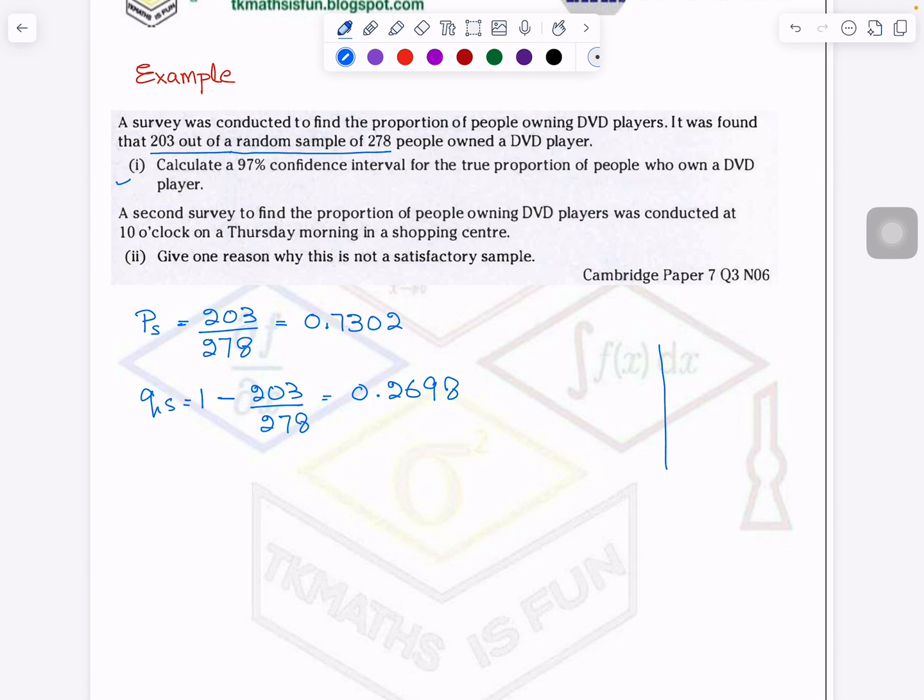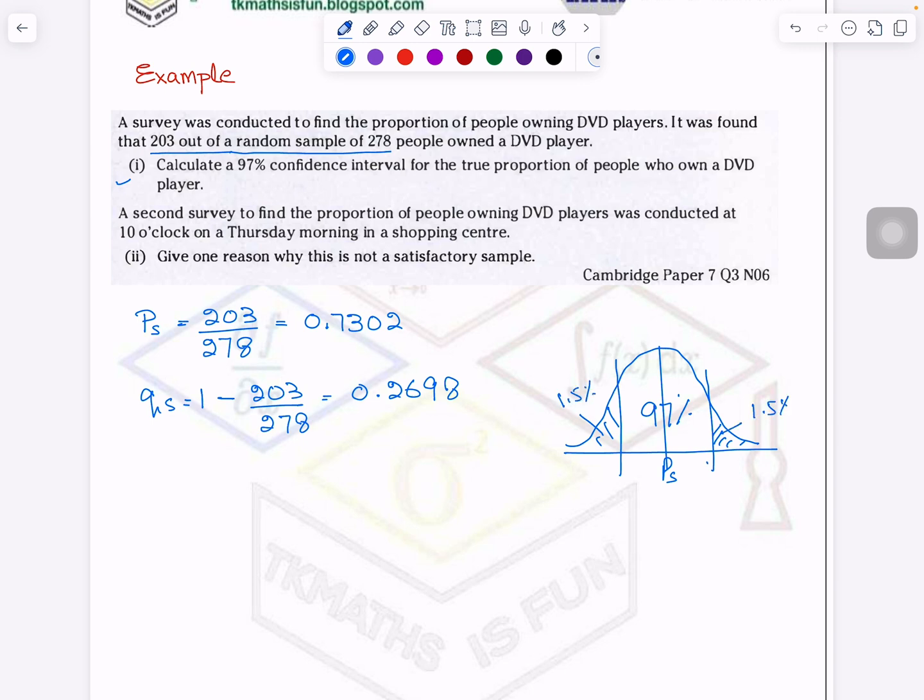Now the question is saying 97% confidence interval. What does this mean? I hope by now you know, but in every video I explain, so that if somebody watches this video for the first time, he can also understand it. Because the confidence interval is symmetric around the mean, this is my population proportion of success. 100 minus 97 is 3%, so on either side it is 1.5%. Agreed? Because in total it is 3%.